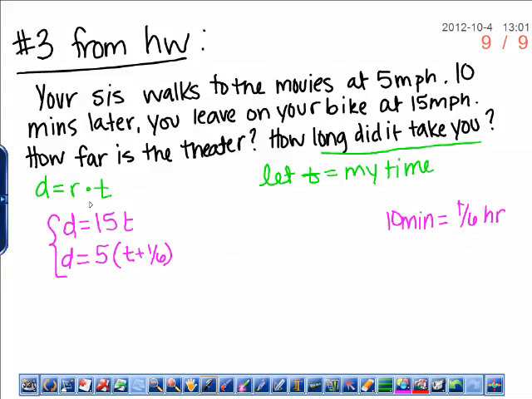Okay? So I wouldn't do a matrix for this personally because I think it's more work to get it set up. You have them both equal to d, so what can you do? Just set them equal to each other and solve for t. Okay? Do you have to solve for R? No, you're given the two rates, 5 miles per hour and 15 miles per hour. Okay? Why is the 1/6 where it is? Like, why is it inside parentheses? Because t plus 1/6 is all the time of my sister's. Because of us, it's my time plus 1/6 of an hour, and her whole time has to be multiplied by 5. Okay? All right. So